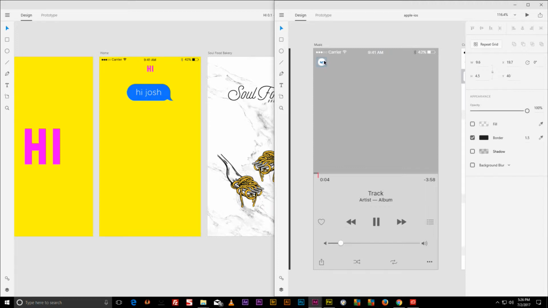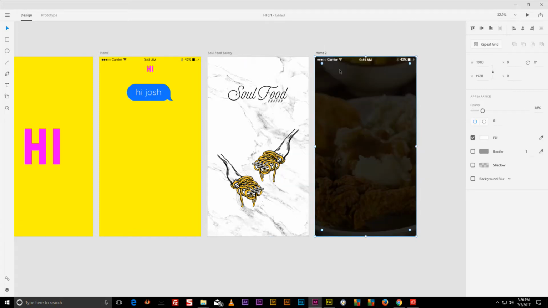If I double click this, I can now access each individual portion of this grouped object. But I'm going to copy this grouped object, Control C. Plus, I'm going to copy maybe the bottom of this track options down here. I'm going to copy it all together, so that when I paste it into my Home 2 screen, even though it's at the wrong resolution,